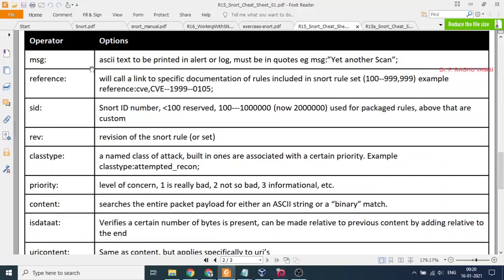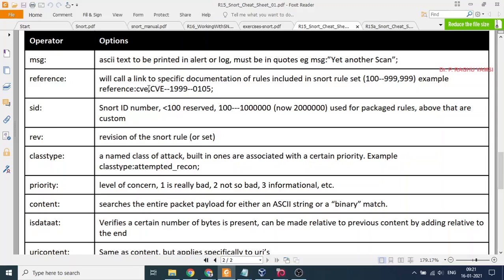MSG, which is nothing but ASCII text to be printed in the alert or log. Reference: to give a reference to the security engineer, you may also write the reference, what type of attack it is.